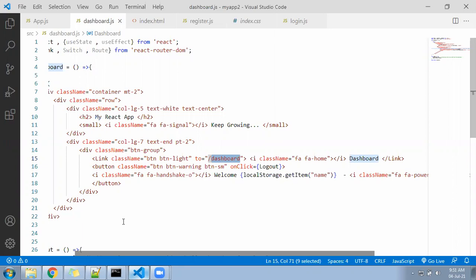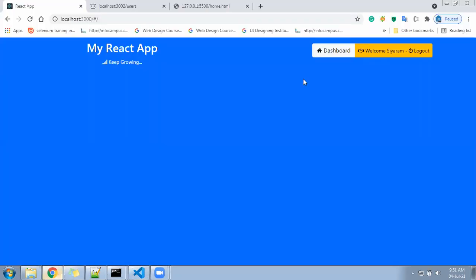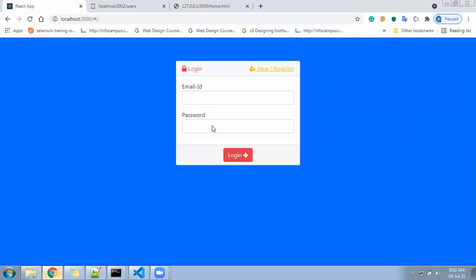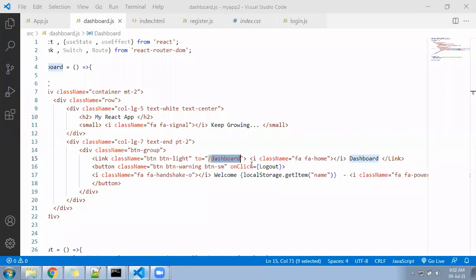Okay, given Link to dashboard, if you click on that, it will point to the dashboard URL. The URL will be the same dashboard, because this is going to be nested routing. So 2-3 more pages will be added. And if you do the logout, then it will go to that login page. The URL we can change; that is next.